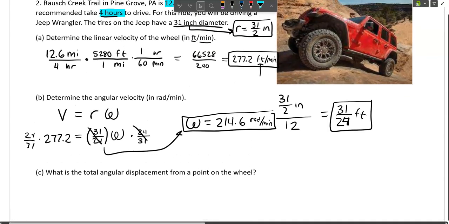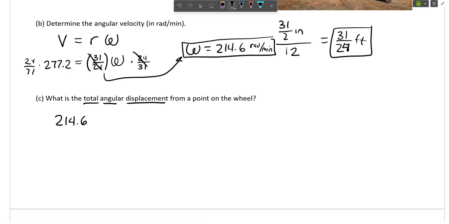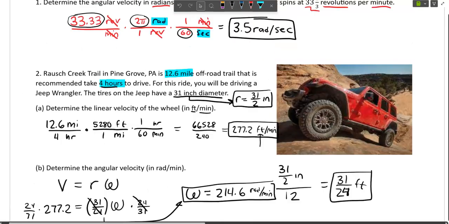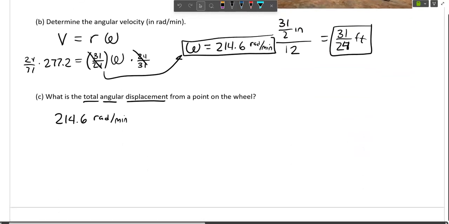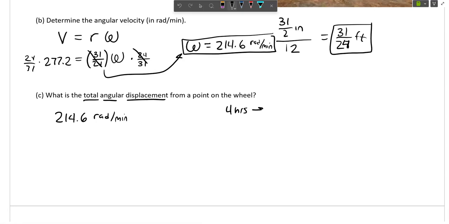Final question for number 2. What is the total angular displacement? So we know that every minute we're moving at 214.6 radians per minute. But what I want to figure out is how far that is over the course of 4 hours. Let's keep in mind that we have to stay in minutes because that's what our unit is. 4 hours is equivalent to, well, 60 minutes are in an hour, so 4 times 60 means that it's 240 minutes long. So I'm simply just going to take 214.6, multiply it by 240, and that is going to give us an answer here of